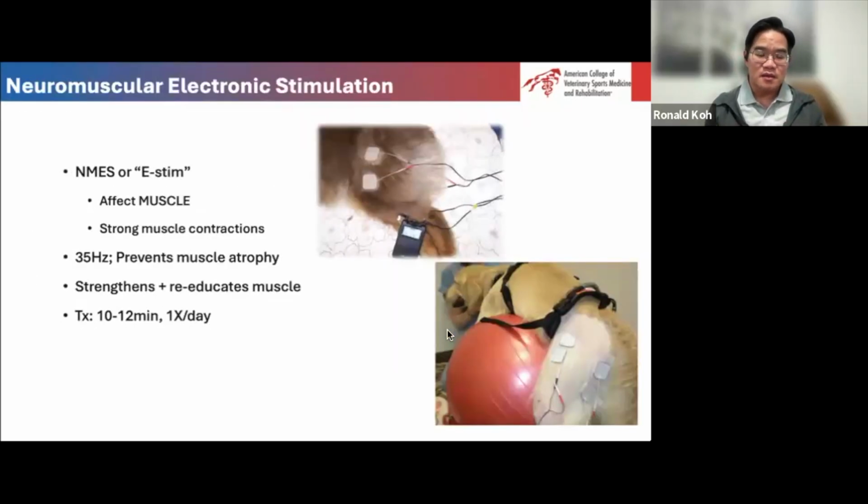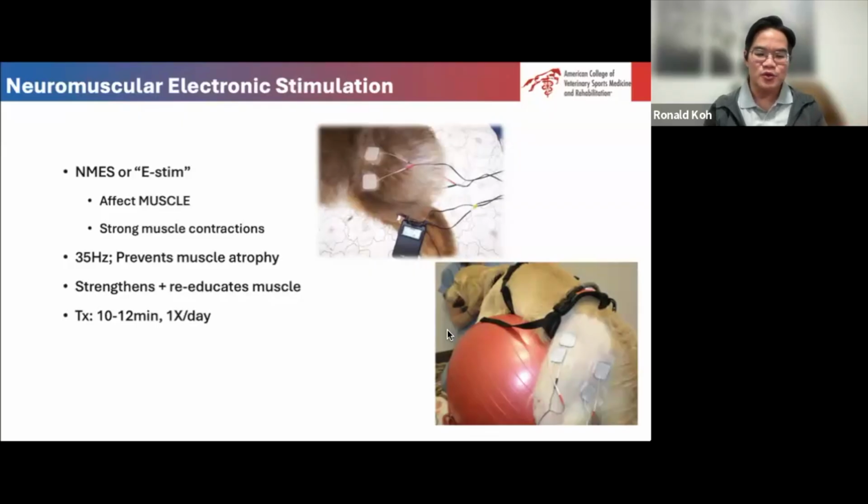Again, eStim is another modality that's commonly used in rehab therapy. What it does basically is help to contract the muscles and provide strong muscle contractions that help to prevent or slow down the muscle atrophy progression. 35 hertz is the one that has been found to produce a strong muscle contraction that helps to prevent muscle disuse, maintain muscle mass, but does not cause much muscle fatigue. So we tend to use 35 hertz. But again, different literature might tell you a different hertz, but 35 hertz is just the one that I commonly